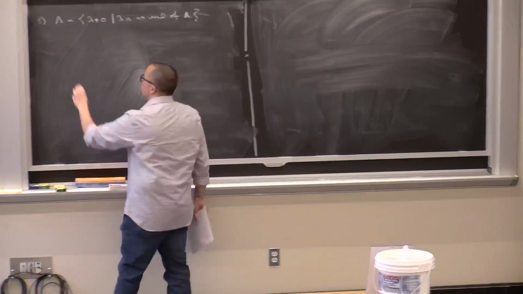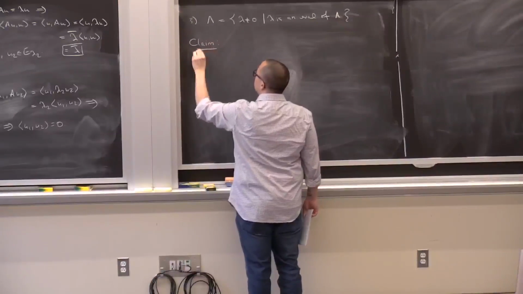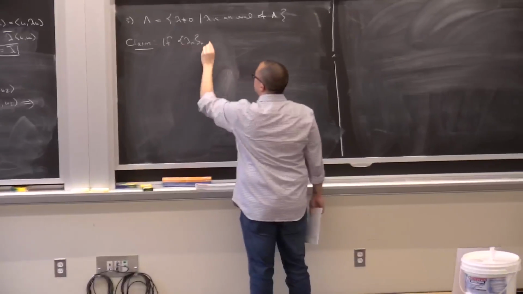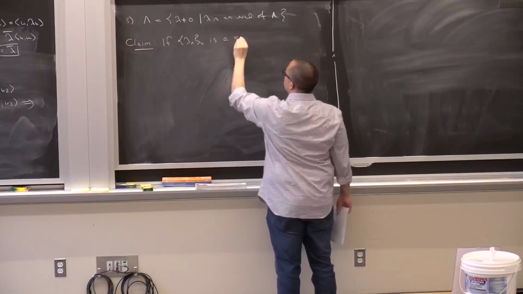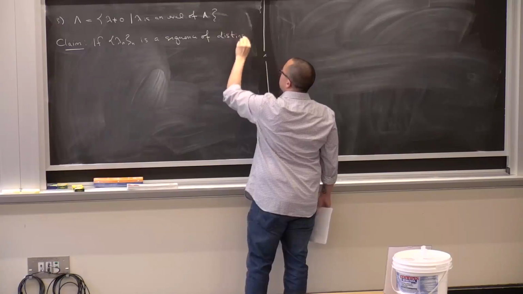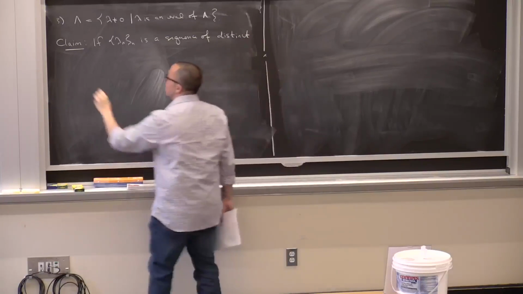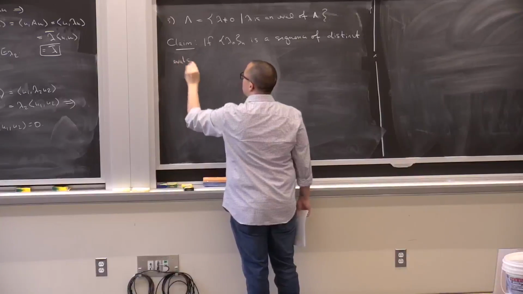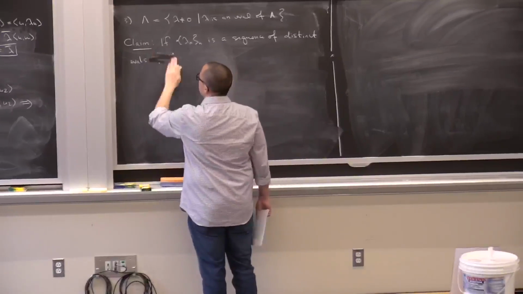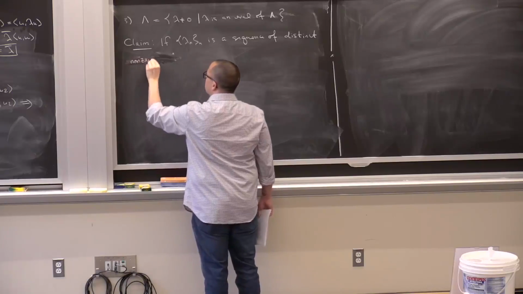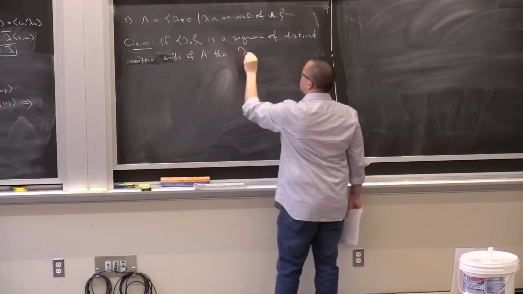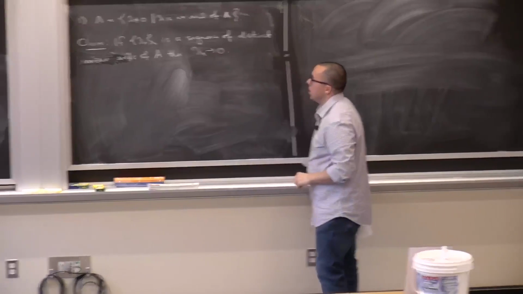All right, so what I'd like to claim, or what I'm going to show, is that if lambda n is a sequence of distinct non-zero eigenvalues of A, then these converge to 0. Okay? So this gives us,